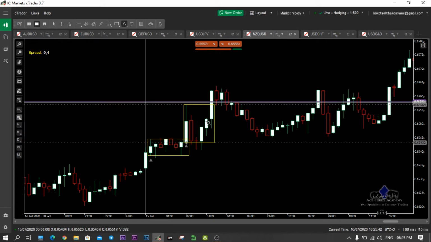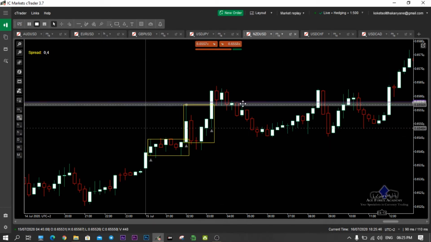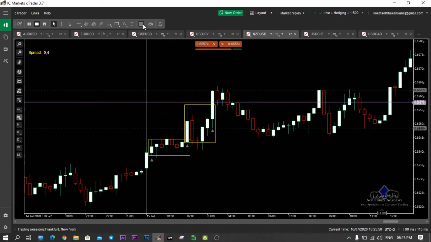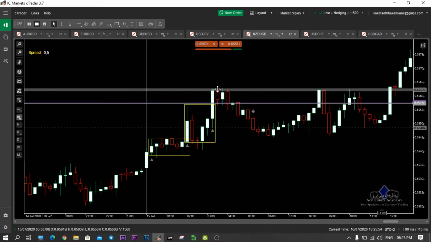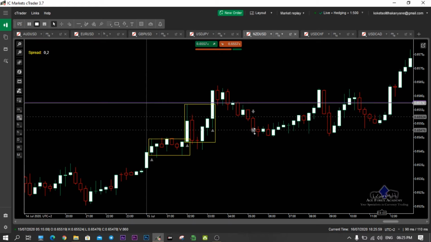Further breakout of price with the formation of a higher high and a higher low over here. And then the bulls finally lost the battle and the bears kicked in. So we then had the development of lower highs and lower lows. Further push to the downside,